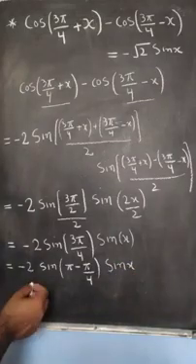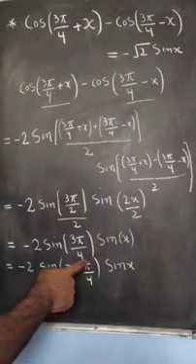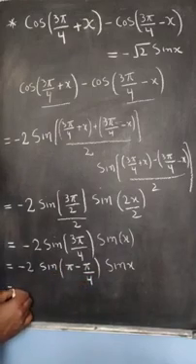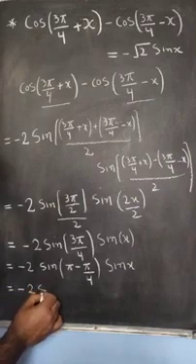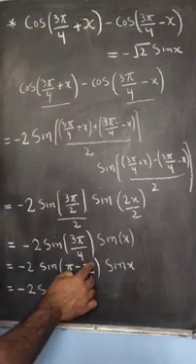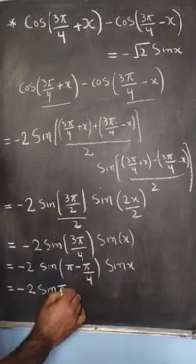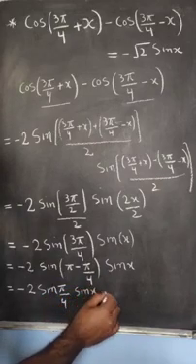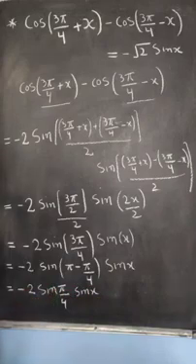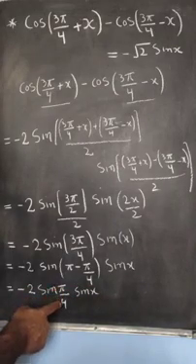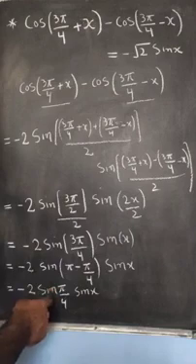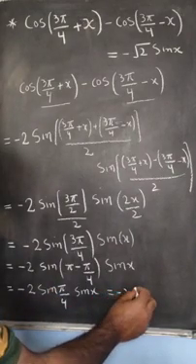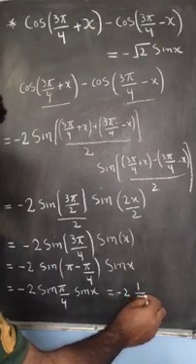Now, we know that sine of pi minus theta is equal to sine of theta. So we can write minus twice sine, here theta is pi by 4. So we write sine pi by 4 sine of x. We know that sine pi by 4 or sine 45 is equal to 1 by root 2. So we can write it is minus twice 1 by root 2